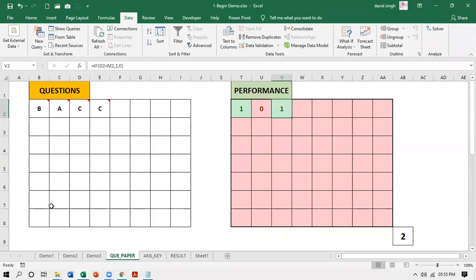Here I have not copied. Now how this is working, let us see. If D2 is this cell, you see D2, here it is equal to M2. Now where is this M2? Okay, M2 is the hidden answer. Somewhere the teacher has hidden the answer. This sheet is not locked, I can play with it. After J is coming. J, K, L, M, somewhere here the answers must be hidden. So let me try this.